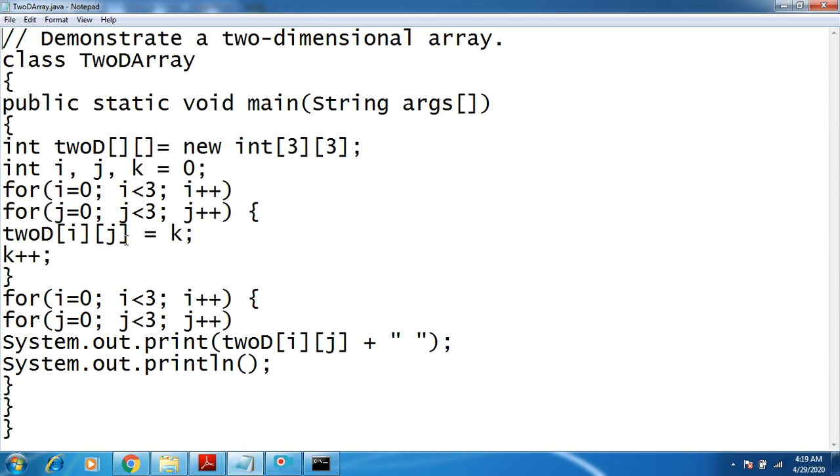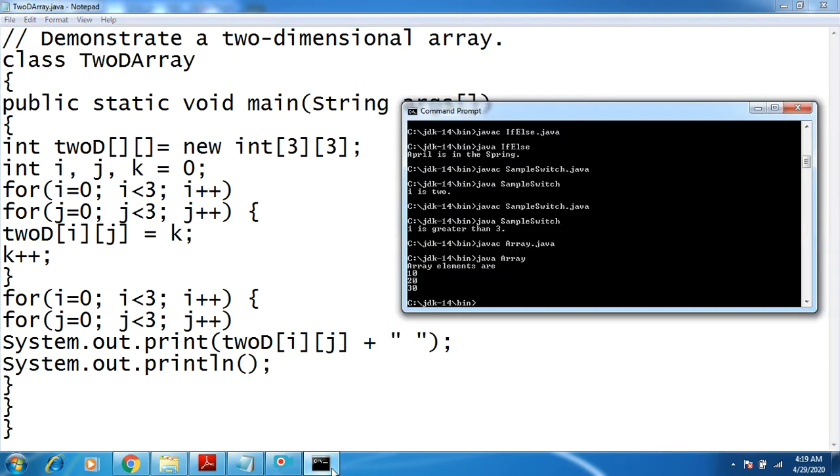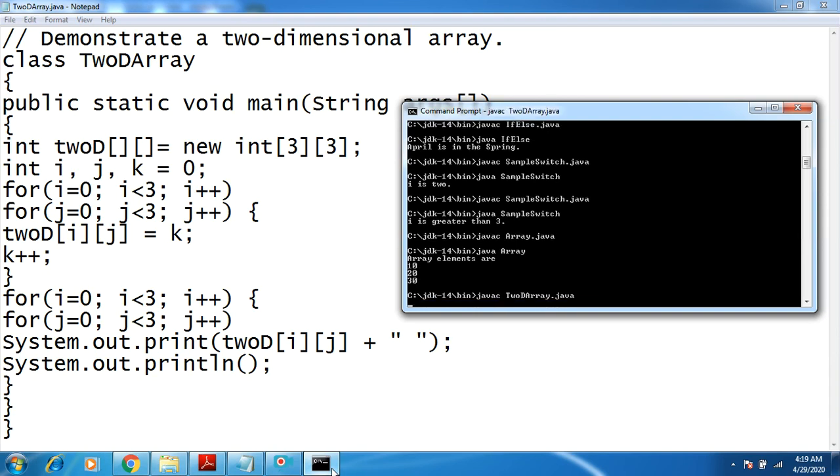In the first row you will get the output 0, 1, 2. Next row 3, 4, 5. Third row 6, 7, 8. Like that you will get the output of the program. So we'll see it. It's a 2D array.